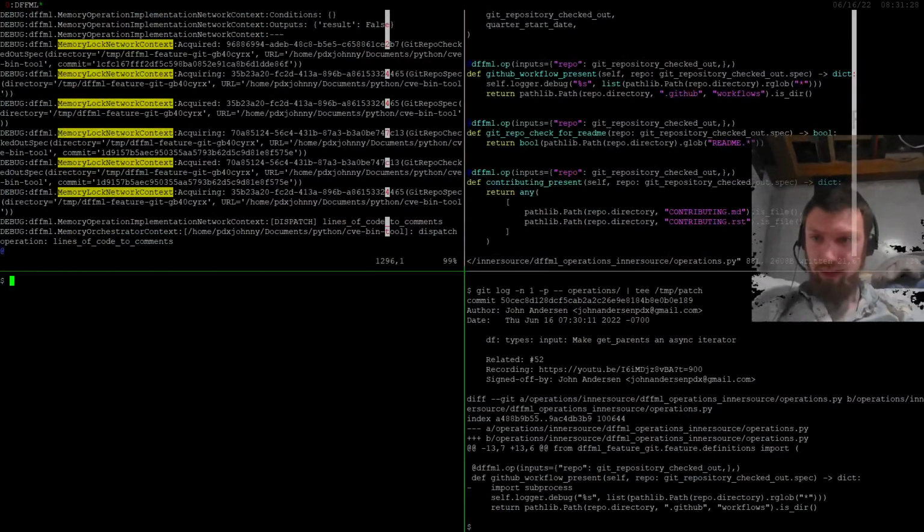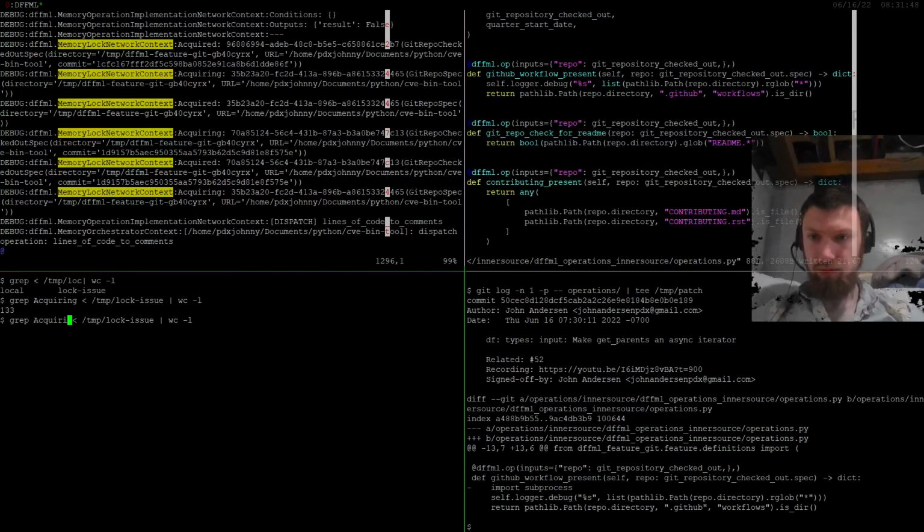So what else can we look at here? So wc -l, grep, it's a temp, lock issue. All right, so let's check this out for acquiring and acquired. Okay, so